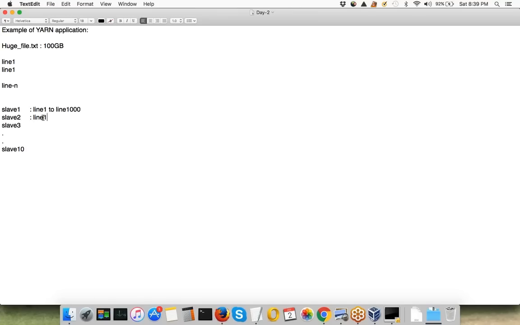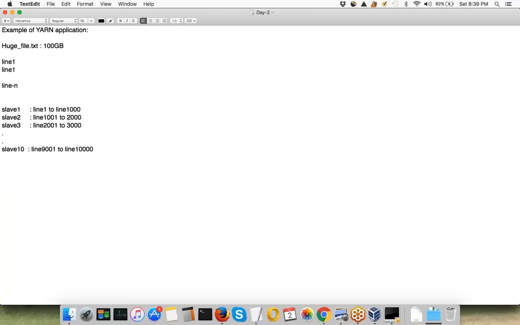From line 1001 to 2000, they are present on slave number 2, right? Something like that. Similarly, you have your data distributed in the cluster.